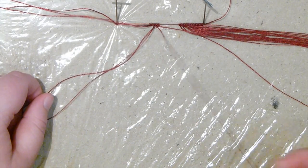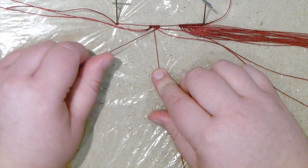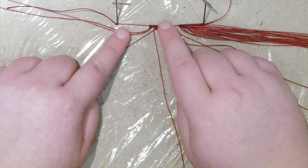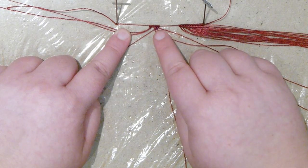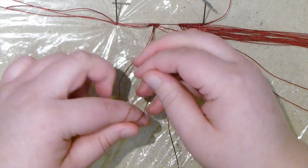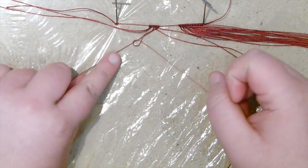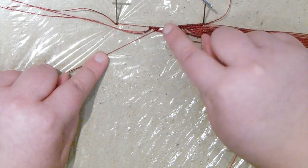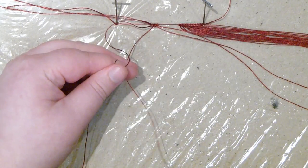So I've made 2 of that one, put that out of the way, grab the next one, still coming underneath. So what basically it's starting to do is in a way making a little bit of triangle shape. The top row is where you attached your threads, and then we're coming down at an angle. So then you want to do the same thing again, make a half hitches over your finger and through the loop. And as you can see, the way I'm holding my holding thread down at an angle, we want to make sure to do that. One more time, over your finger and through the loop,